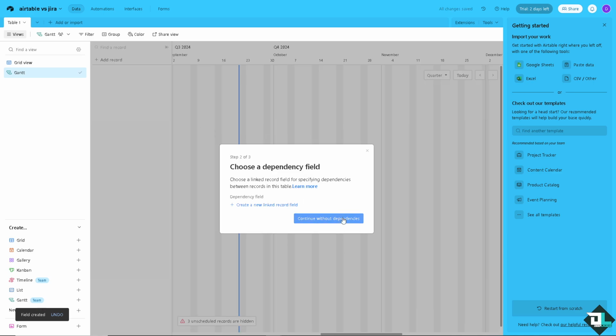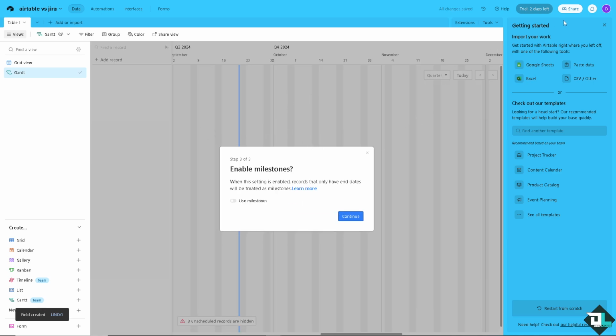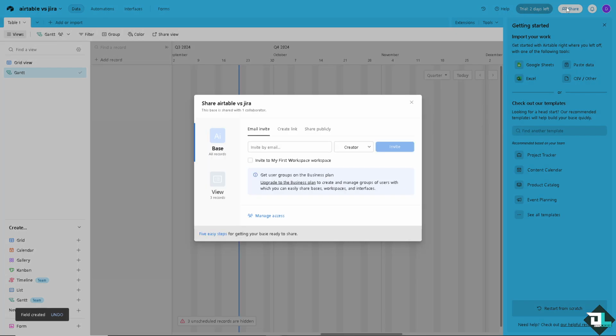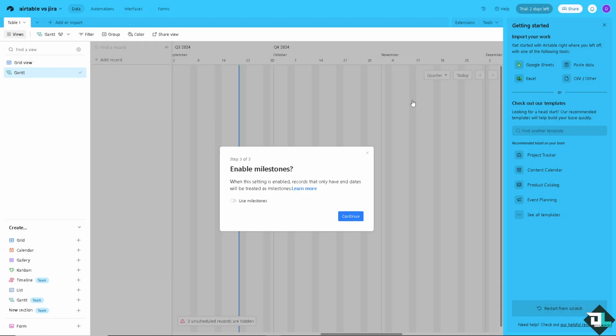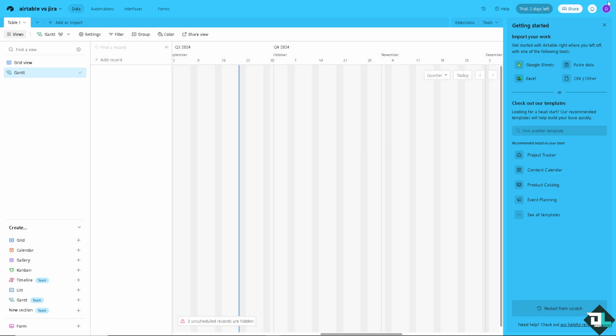And in terms of the collaboration, as you can see on the upper right corner, multiple users can collaborate in real time, making it ideal for teams managing projects, inventories, CRM systems, or content pipelines. You can also just simply invite them here via email or put their names here. Now, in terms of the integration, okay,